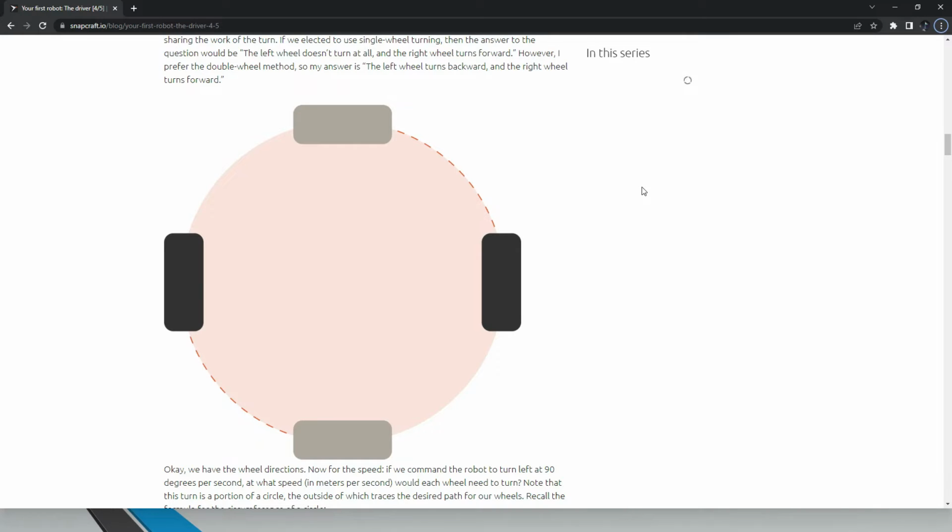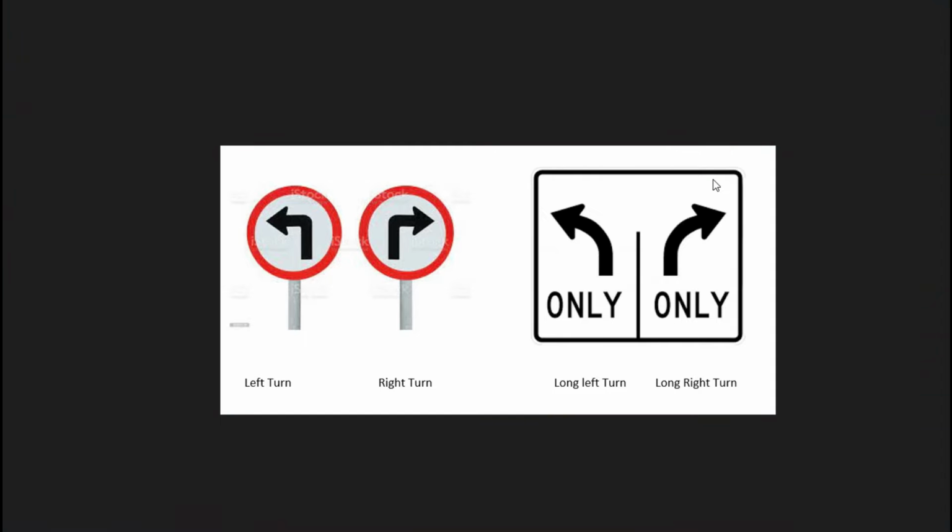For straight line motion, both sides of motors can be commanded with the same speed in the same direction. But what about turning the vehicle? For turning, we can rotate both motors in opposite directions. This will fulfill our needs. If we combine both methods, namely straight line motion and turning, we can achieve long left turns and long